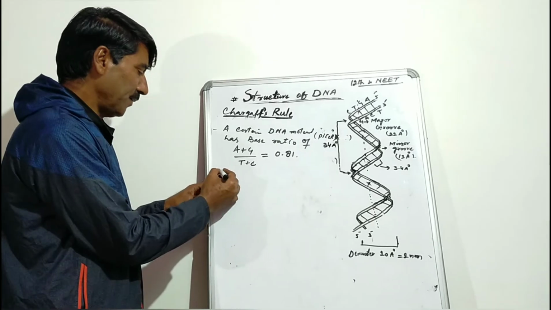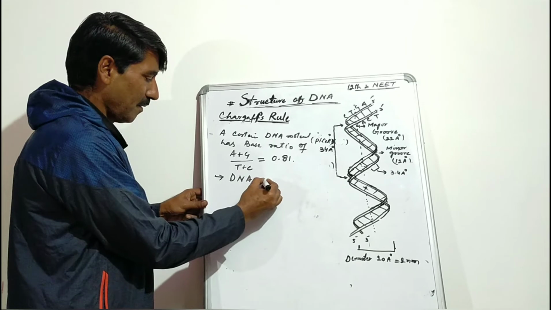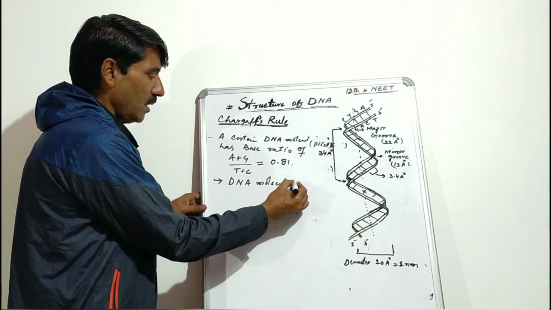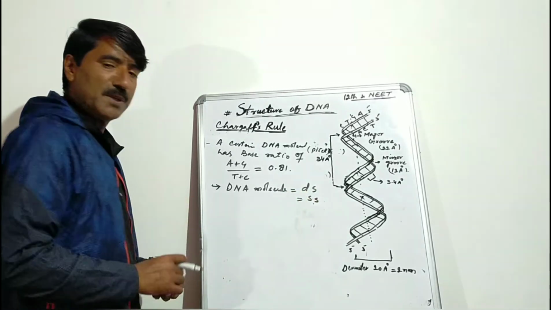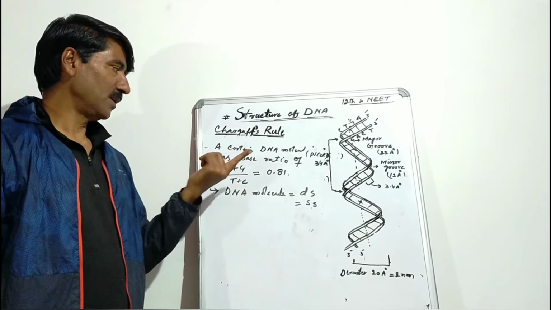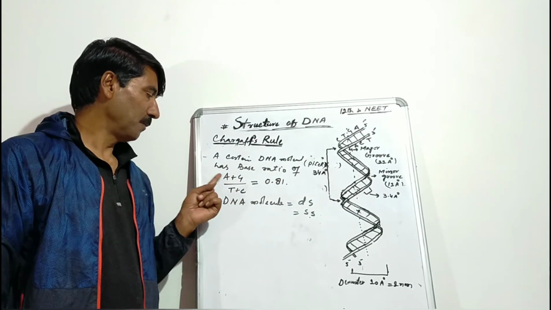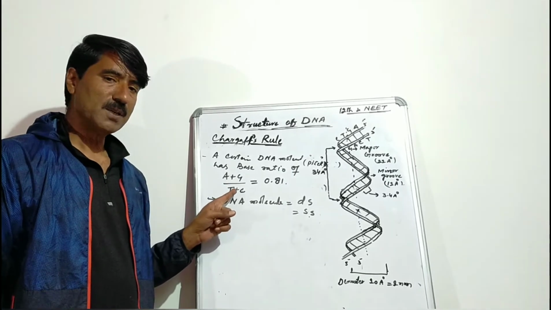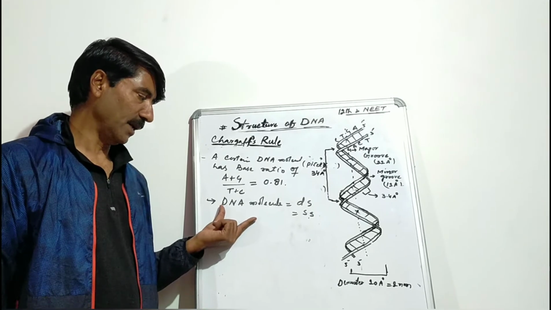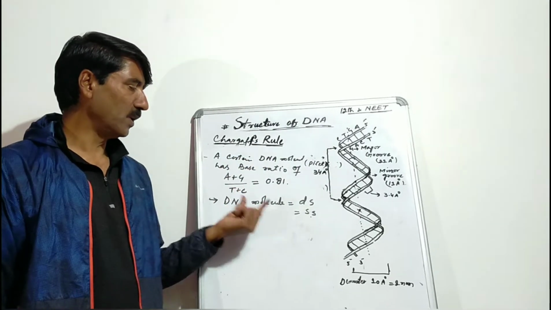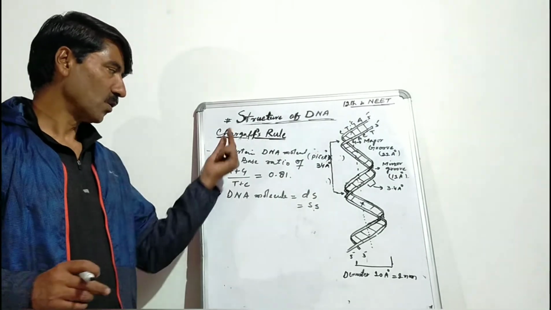We have to find whether this DNA molecule is double stranded or single stranded. फिर से समझे क्वेश्चन को। हमारे पास एक डीएनए मॉलिक्यूल दिया गया है और इसमें बेस रेशियो दिया गया है A plus G by T plus C which is equal to 0.81 और हमें ये बताना है कि ये जो गिवन डीएनए मॉलिक्यूल है क्या ये डबल स्ट्रैंडेड डीएनए मॉलिक्यूल है या सिंगल स्ट्रैंडेड डीएनए मॉलिक्यूल।